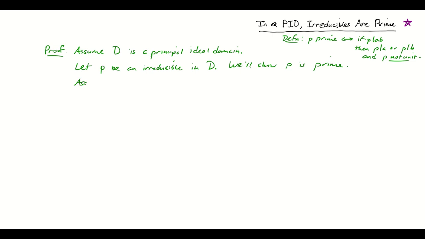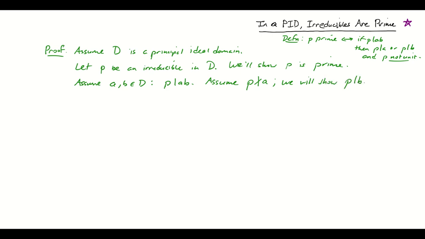All right, so assume A and B belong to D such that P divides AB. We're going to start there. And we will also assume that P doesn't divide A. We will show